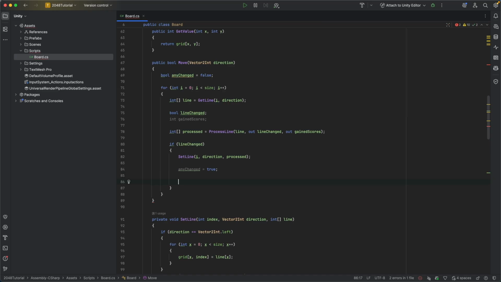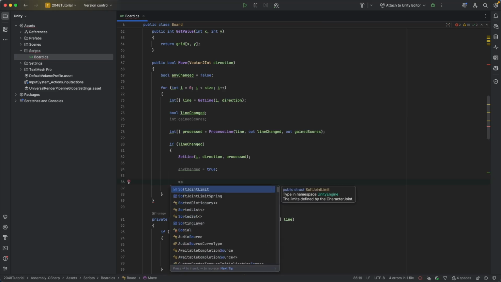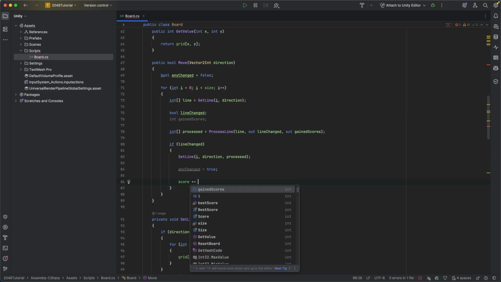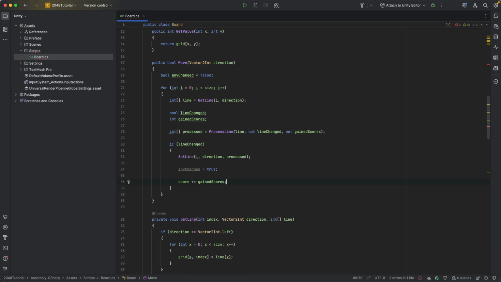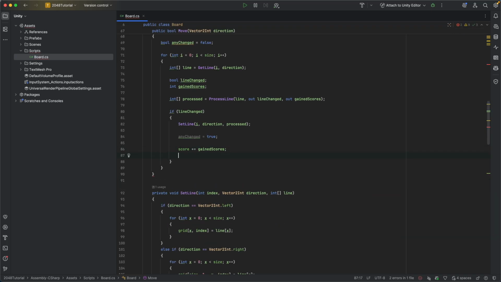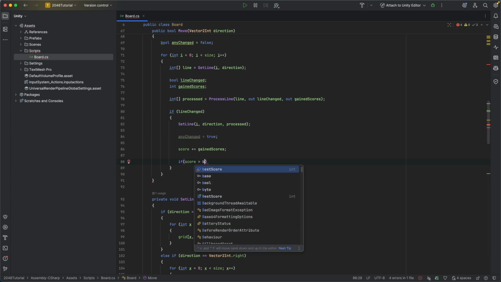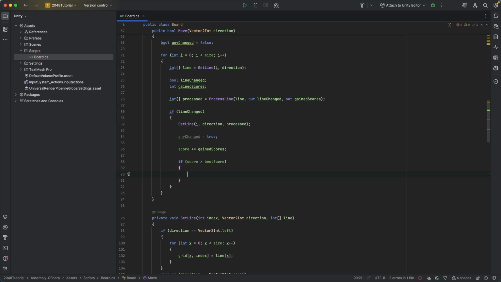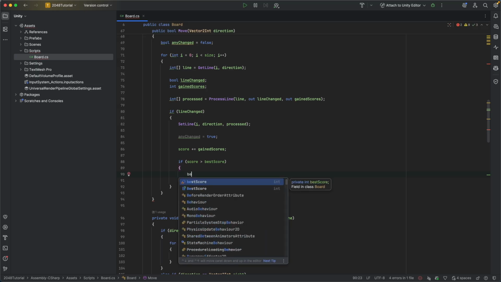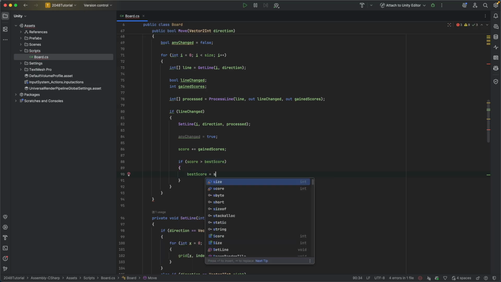Now add some scores, so score plus equal gained scores. And now we need to update the best score, so if our score is more than the best score, we want to put the best score equal to score,